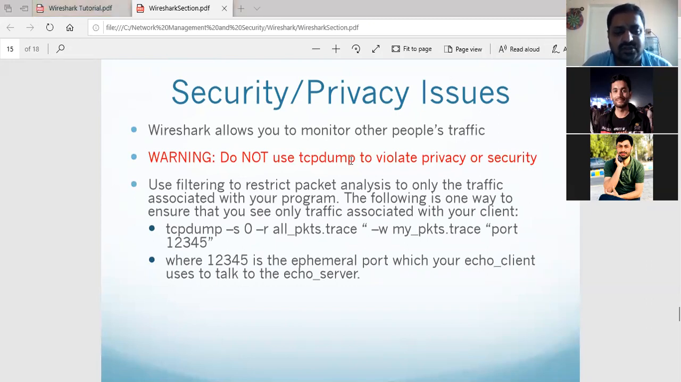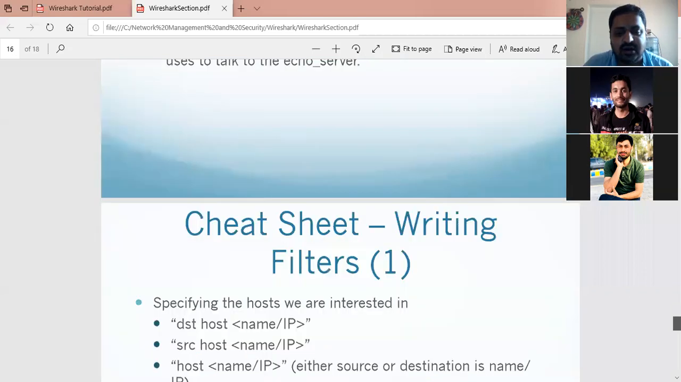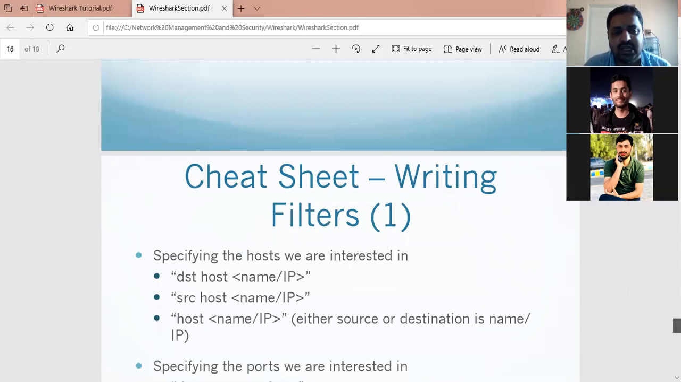Yes, I will also do this and upload it on the LMS as well. These are the different functions that can be used. For example, you can also make a sheet of what filters you want to apply, and then give that sheet as an input to Wireshark, and then it will use